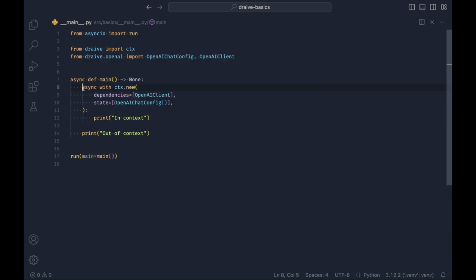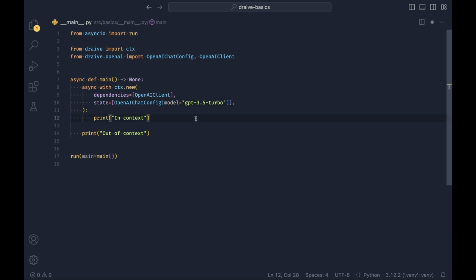So what we are saying here is that we are entering the application with a new context, where we have the OpenAI client as a dependency and configuration for OpenAI as a state. All of those will be accessible within this scope, and it won't be accessible outside of the scope. So here we can define a model, which we are going to use to be GPT 3.5